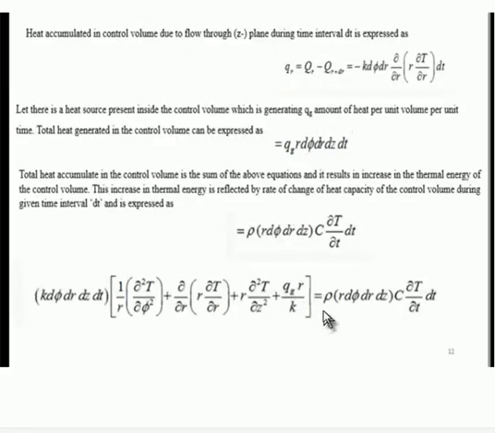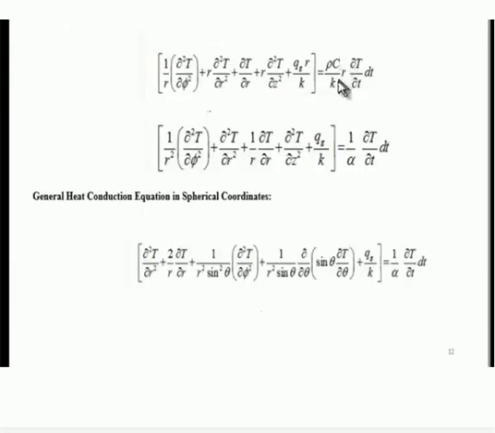This k term is taken here, so ρc by k into r ∂T/∂t into dt. Again we simplify: 1 by r² ∂²T/∂φ² plus ∂²T/∂r². Again this r is taken outside, so that r and this r get cancelled. We are left with ρc by k, which is nothing but 1 by α, the thermal diffusivity. K by ρc is α, but here it is ρc by k, that is why it is 1 by α ∂T/∂t into dt.